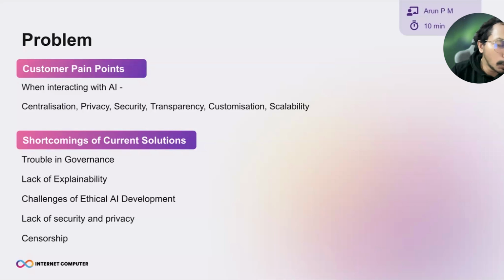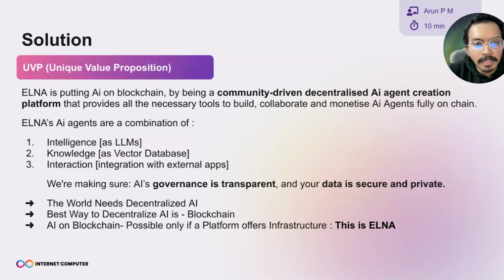We have seen what happened to ChatGPT, the OpenAI team, and how the governance works. And we are moving from closed source, and there are a lot of things. I'm not going into depth, but that gives us the importance of getting these large language models or LLM agents or AI to be transparent, with governance completely given to the community. And what we are building is a platform that consists of this LLM agent creation, development ecosystem, as well as monetization. And to start off with, what is an LLM agent?